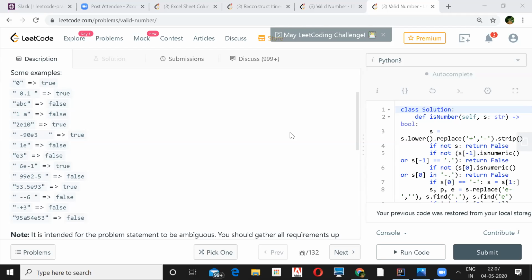So what I'm thinking here is, to validate the case, number one, we can verify the string: if there are two E in that string, it's straightforwardly invalid, right? Yes.